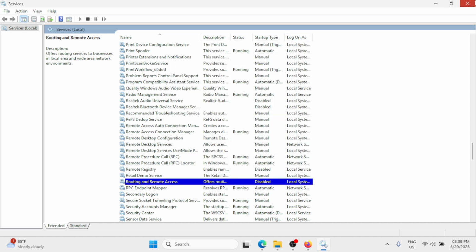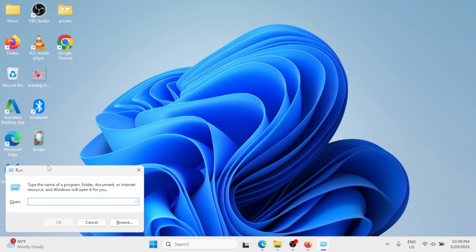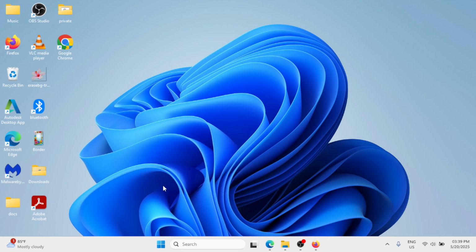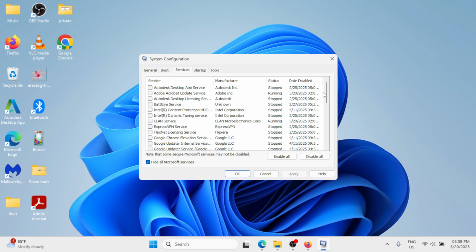Next method, so we need to close this. Press the Windows key and the letter R together to open the Run window. And here you need to type msconfig, click on OK. Then click on the Services tab. Now check this box, Hide all Microsoft services. And then you just need to locate